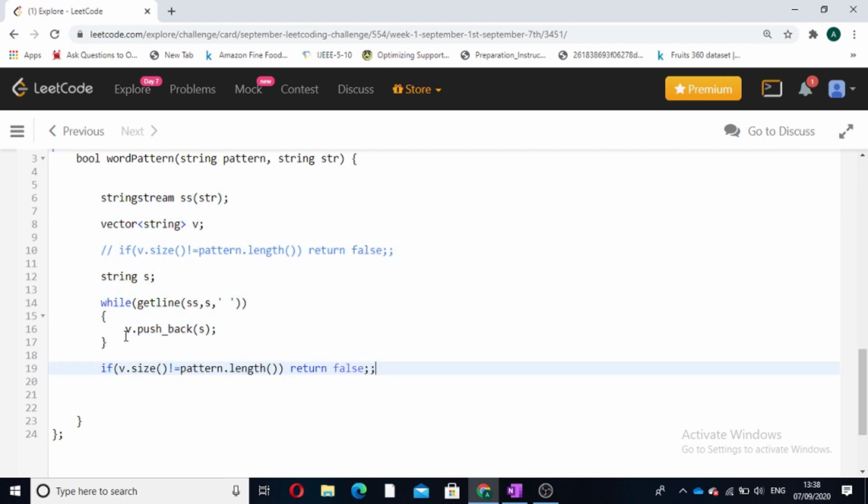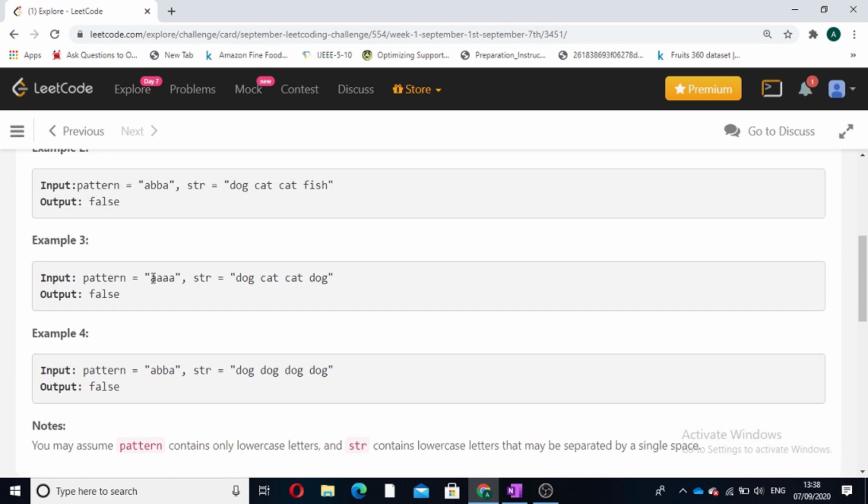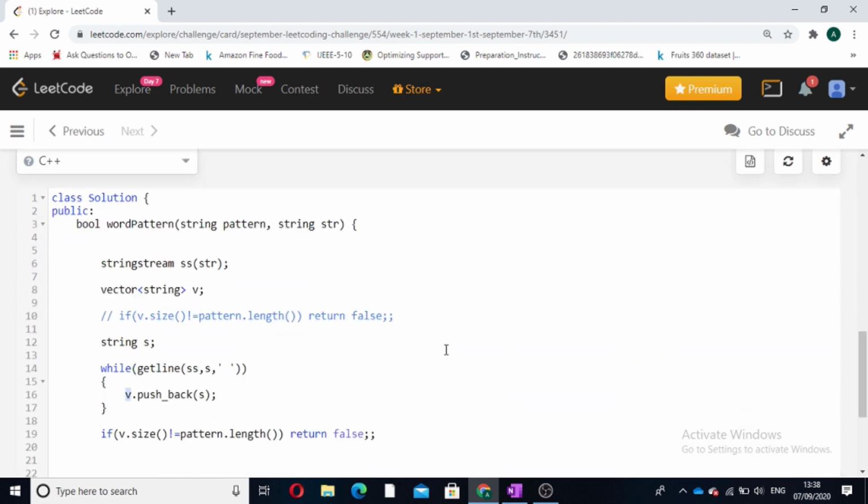After tokenizing, I have a particular string value at a particular index of my vector v. Now if our vector size does not match the pattern length, meaning if the pattern length is 4 and our strings are 3 only, then there is no possibility that the pattern can match the string. So we will return false.